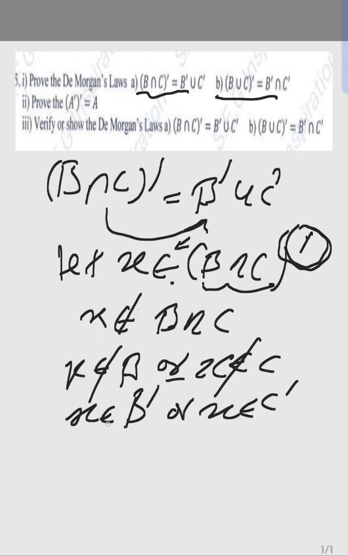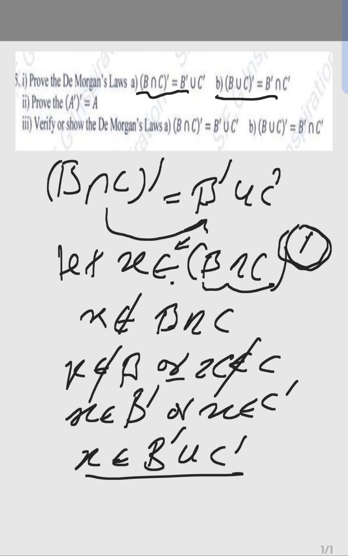Now if X belongs to B complement or C complement, if it belongs to either one, it means X belongs to the union of these two. All right, we have solved, isn't it? Now here you are not done. You have to now prove